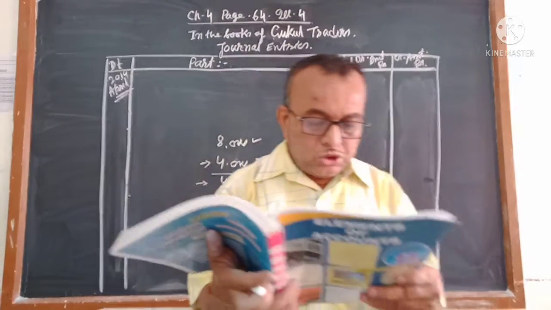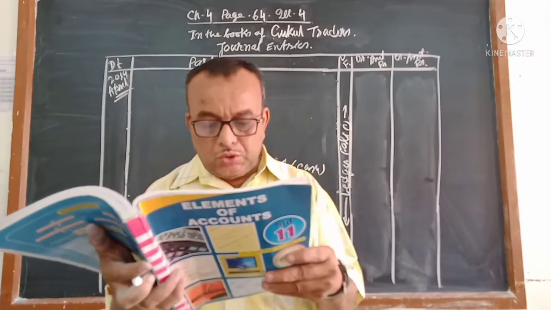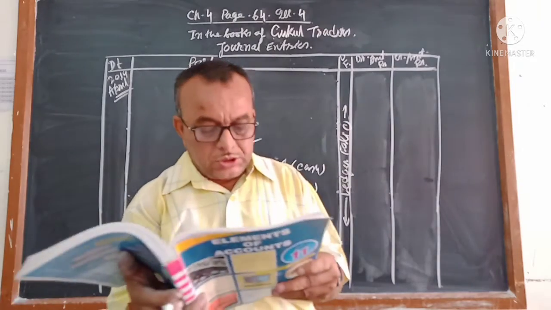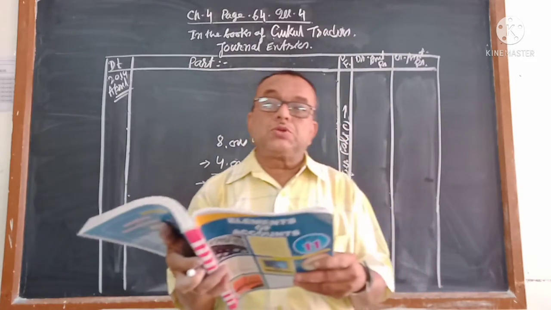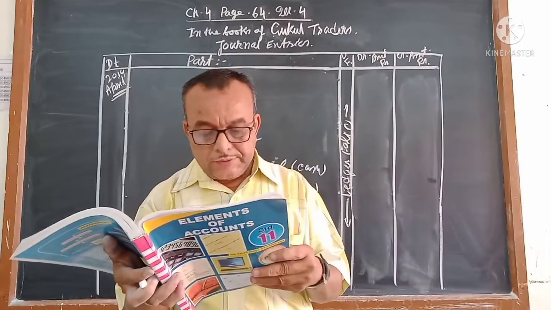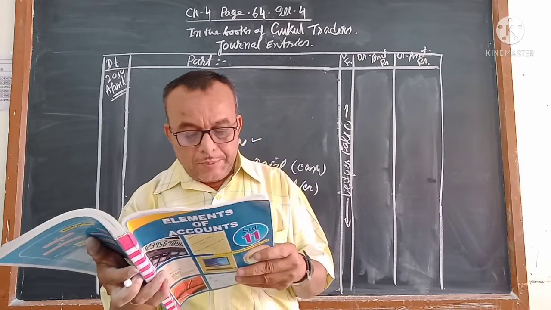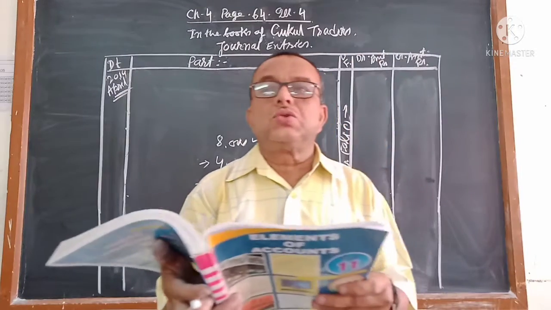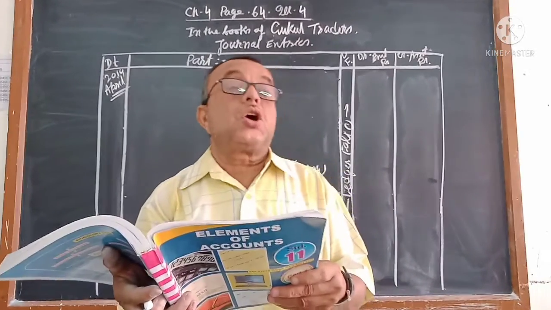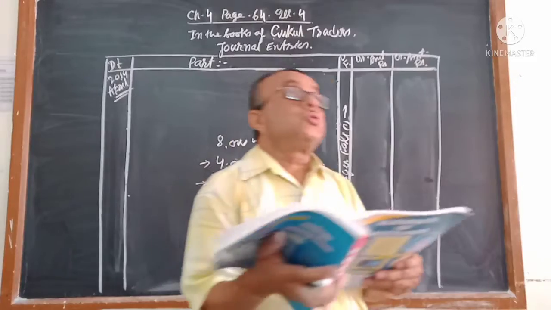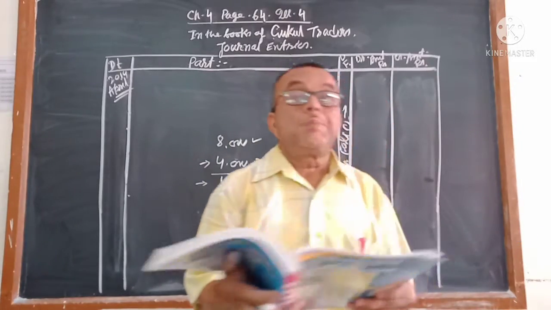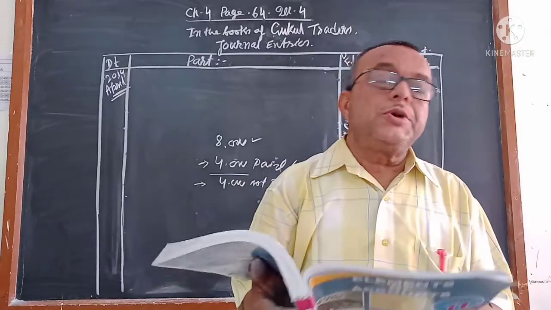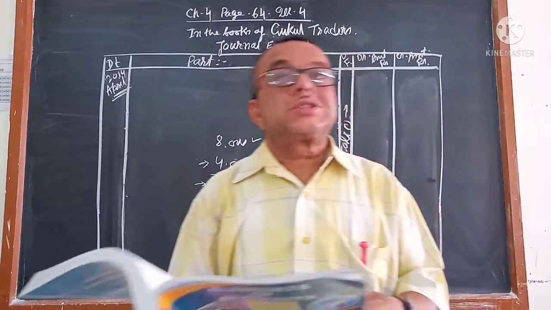7. Goods of rupees 1,600 returned to Mathura traders. So of course you have purchased the goods from Mathura traders once. That was in the third. थर्ड में हमने 5,000 गुड्स परचेस किया था. अभी उसके अंदर 1,600 गुड्स यू आर गिविंग बैक. दिस इज कॉल्ड परचेस गुड्स यू आर गिविंग बैक इज कॉल्ड परचेस रिटर्न. लाइक दैट सोल्ड गुड्स इफ यू आर गेटिंग बैक, it is called sales return.